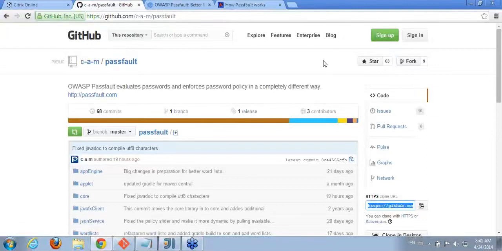We have a mailing list, or you can send an email straight to me. My OWASP email address is cam.morris@owasp.org. So you can send me questions there, and I'm hoping that we can get some real-world implementations. If you're excited about grabbing this and using this in your product, I'd love to talk to you and see how it goes. And the goal is to get this towards a stable release, and I think we're getting there. We're getting close. So I think that is all I have to show.